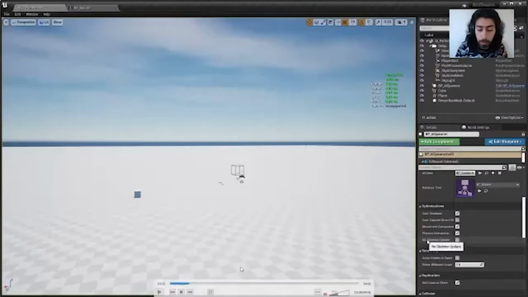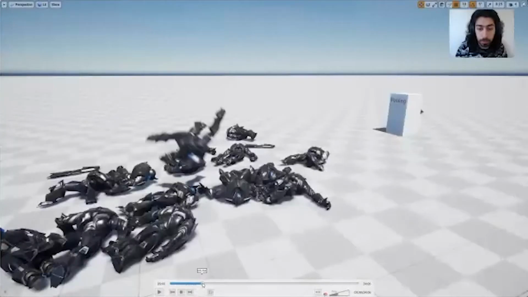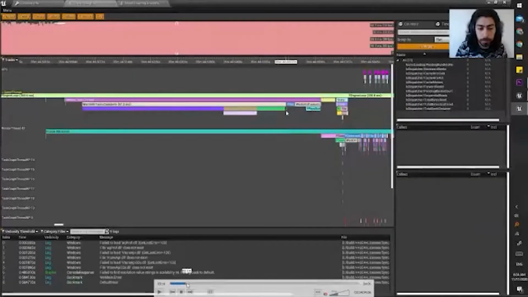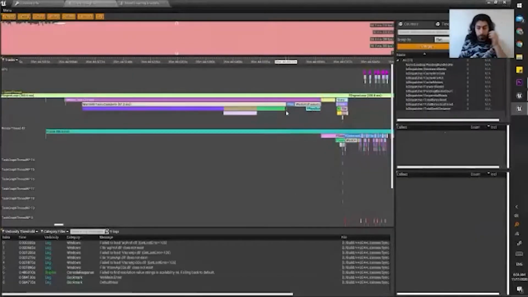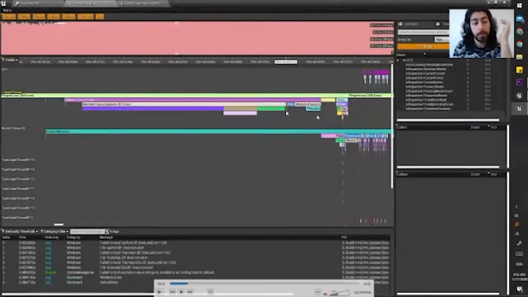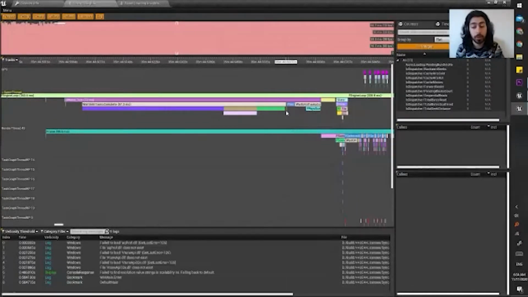And in this case, what it's going to give us is this. I already have a screenshot of this, and this is a breakdown of a single frame. It's telling us that this is our GPU frame. You have the game thread, you have the render thread. And it shows that Tick is actually using a lot of the performance. If you go deep inside, it can show you that you have some physics interaction, you have some animation update for the bone position. This is basically what's sticking out the most, and that's what's using some of the performance.